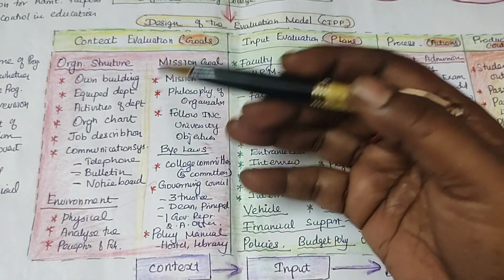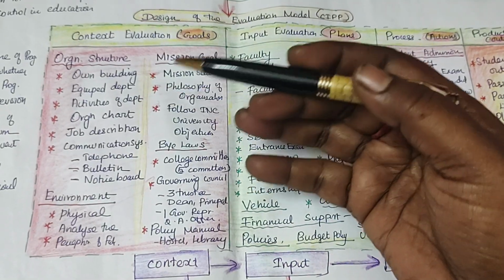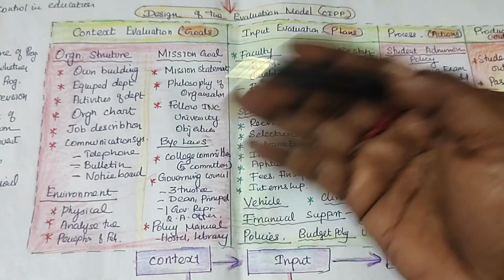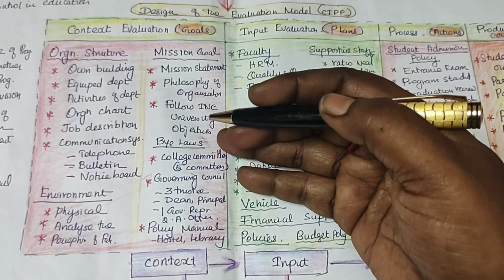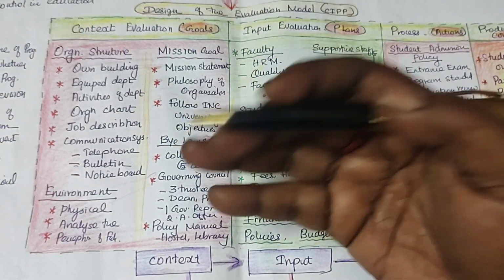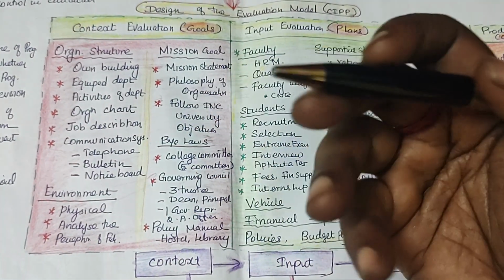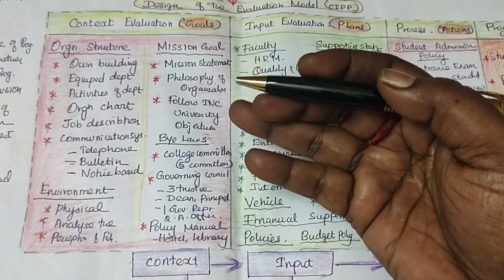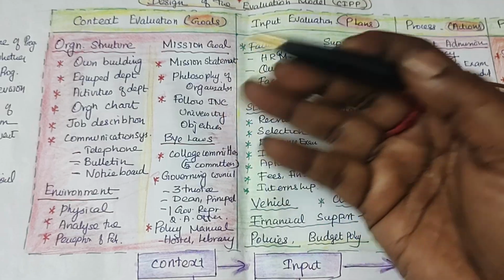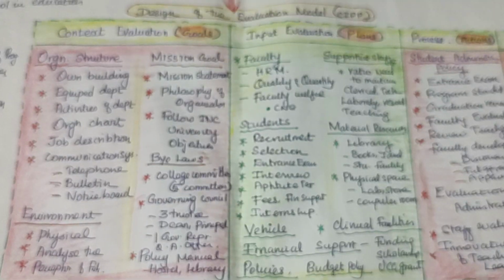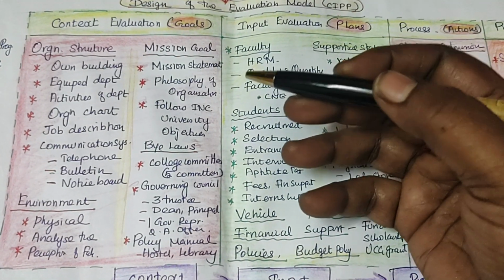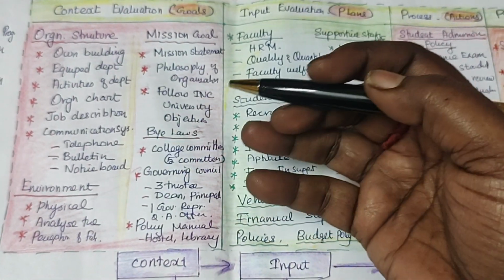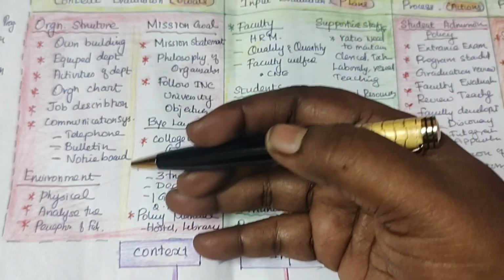This is their own building. If not their own building, they should have a lease of at least 30 years. There should be a deed, an agreement deed. Are the equipments correct, where did they purchase the equipment, is it the correct equipment they purchased, or did they buy and keep it only for the inspection? Then the organogram or organizational chart, then vision and mission strategies and organization job descriptions, then the physical environment,